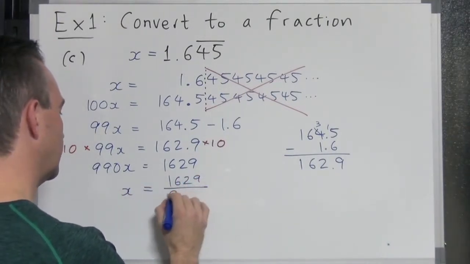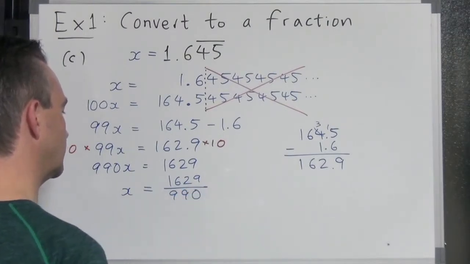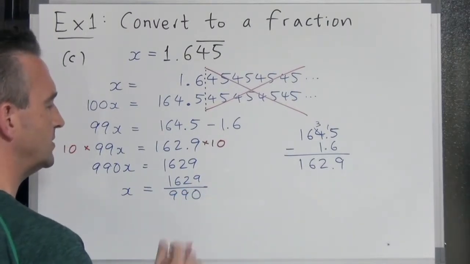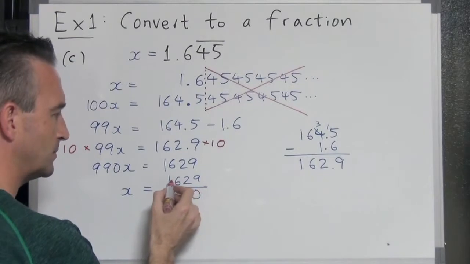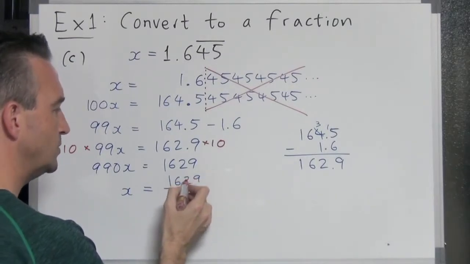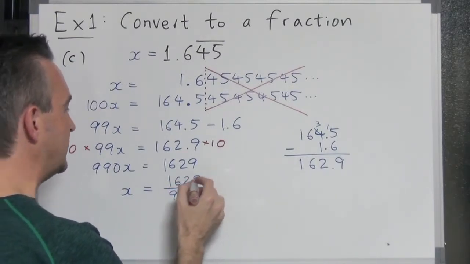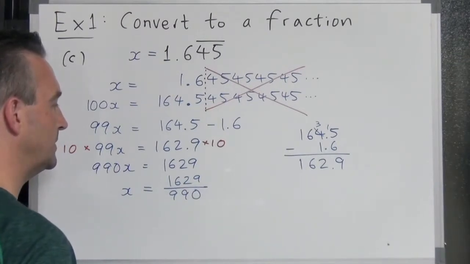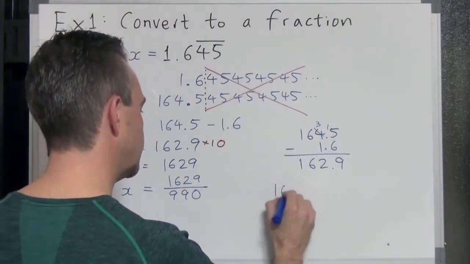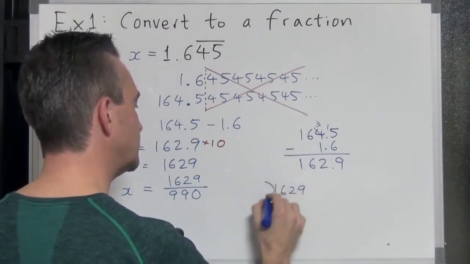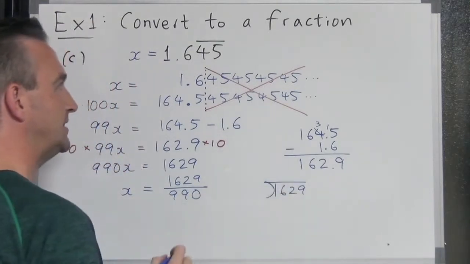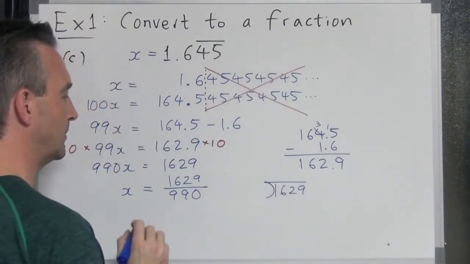1629 divided by 990. So let's simplify. Can we divide the top by 3? Let's add the digits. 1 plus 6 is 7. 7 plus 2 is 9. 9 plus 9 is 18. Yes, the top can be divided by 3. 1629. Because the digits added give 18, and 18 is divisible by 3, so the original number is also divisible